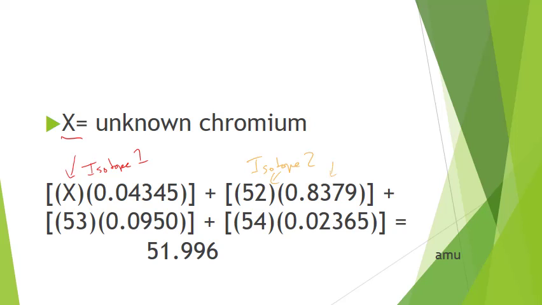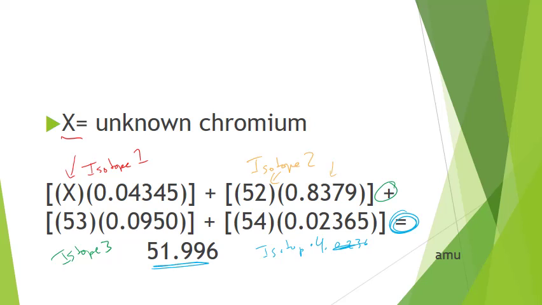And then there's our percentage. It was the most common, so it's 83%, which is 0.8379. And then we have isotope 3, which is 53 times 0.0950. And then finally we had isotope 4, which was a mass of 54 times 0.02365. So this is isotope 4. And all of this equals